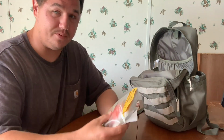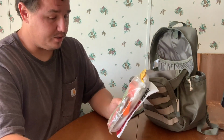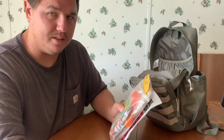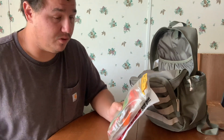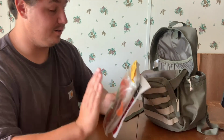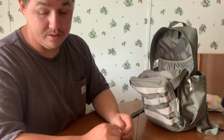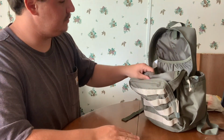Combined with its survival guide. Maybe Coghlan still makes this, I'm not sure. I like a lot of their stuff. I'm buying a lot of their stuff, and a lot of their equipment, their bags, their fire starters, all of that, I have yet to find a problem with any of them. That's how good they are. So, highly suggest looking at their brands. They are kind of cheaper than other places, but